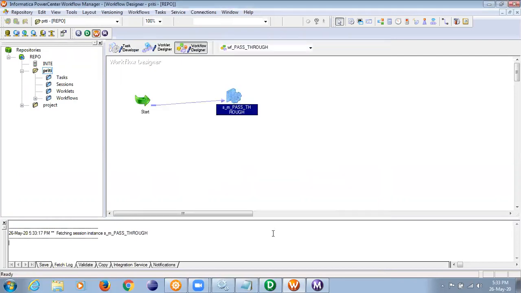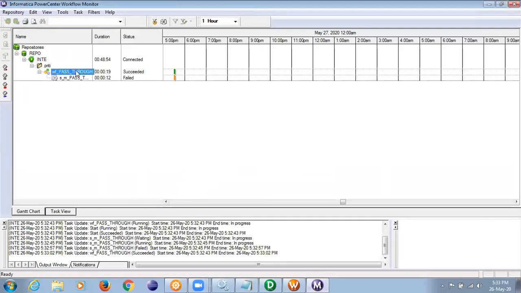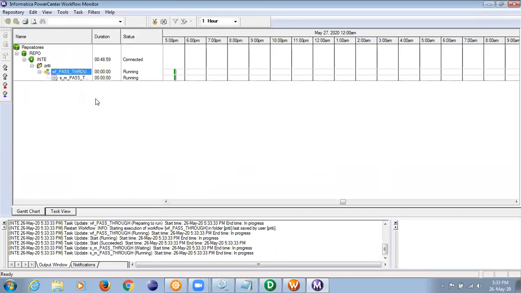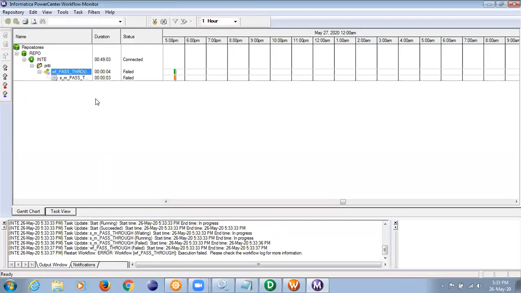So this is like a parent. I'll save. I'll go here. I can run again from here also, and I can restart here now. Can you see restart? I can restart from here also. Now both the things should fail. Correct? Did you see? Fail.